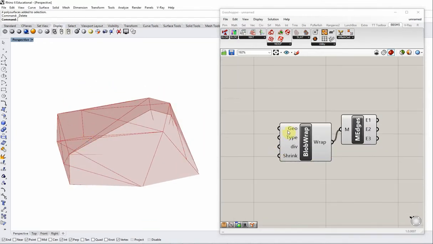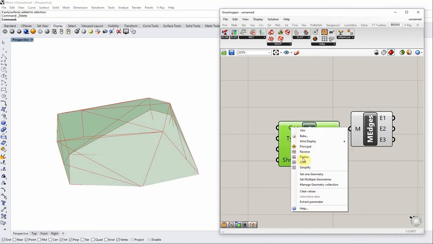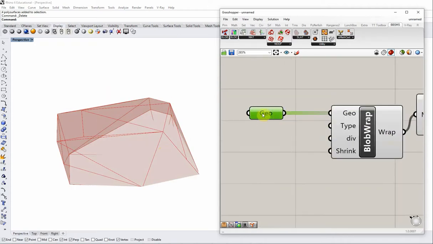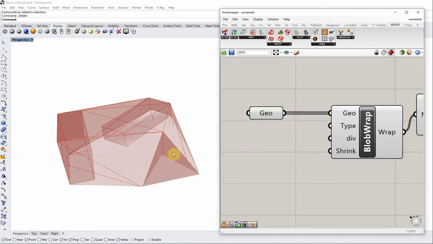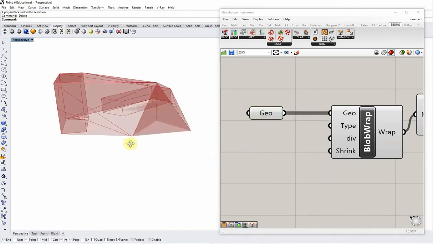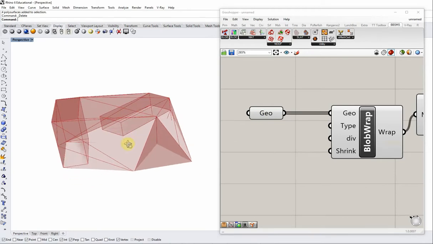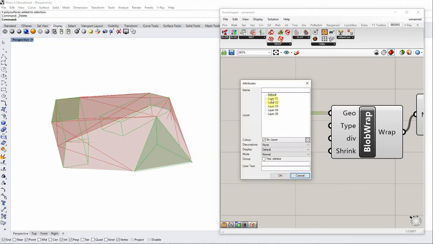The second thing to do is to extract from the geo parameter the actual geometries that determine this irregular volume. First thing to do is to right-click on the component you've just extracted and make sure that it's previewed. And then you can actually see the three geometries right there, these two parallelepipedic volumes and the pyramid that you see over here. The best way to manipulate this is to simply bake them, as I'm doing now, on any